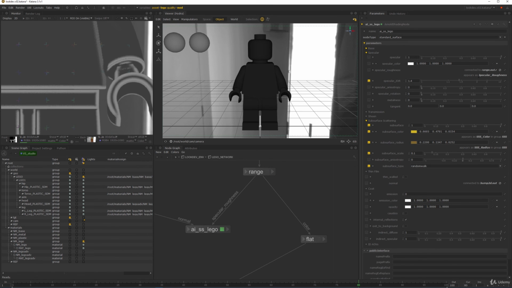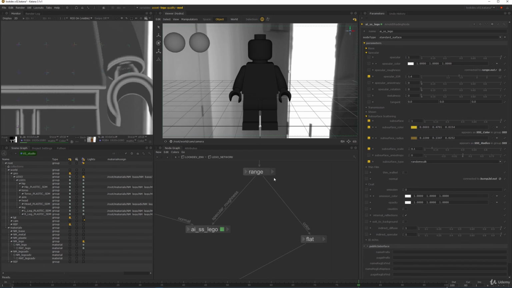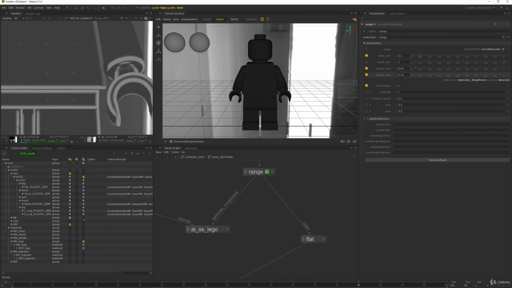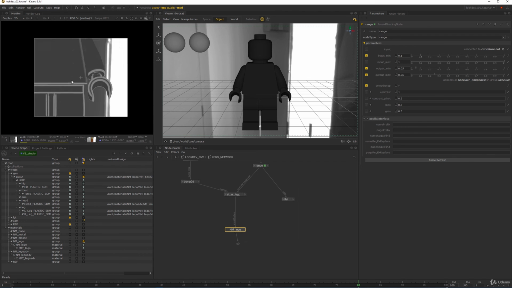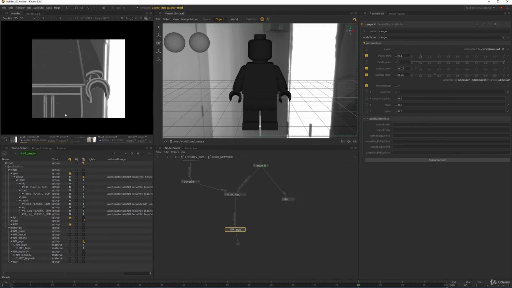So right now we are exposing it as well, but we can just get rid of that actually. So we are not exposing this value, but we are exposing the range max. So let's just hook up this shader into the surface shader, and let's just see if we get everything as expected. If I render now the full image again,